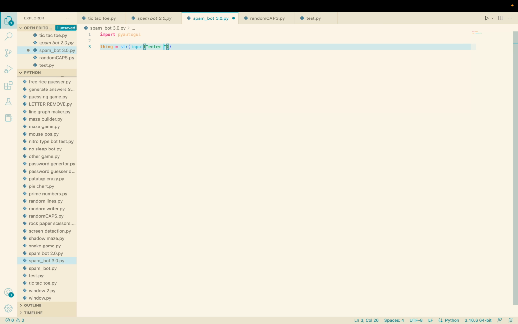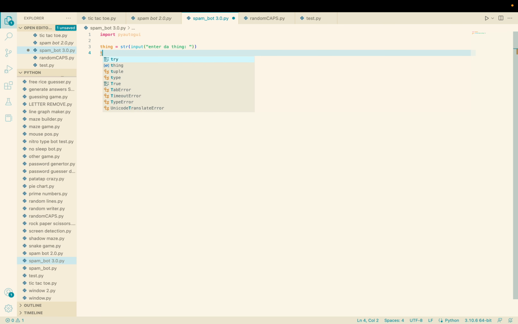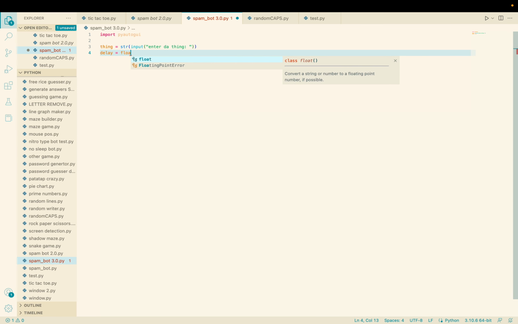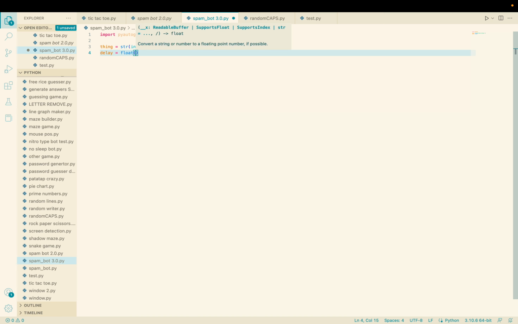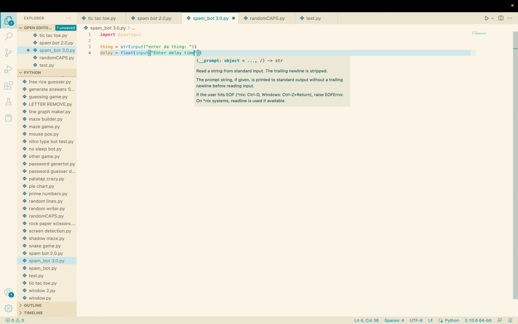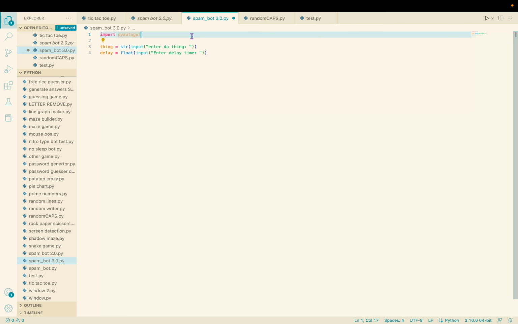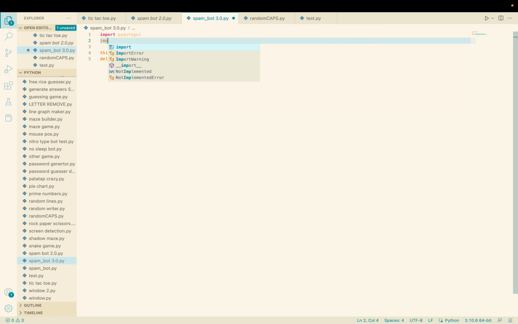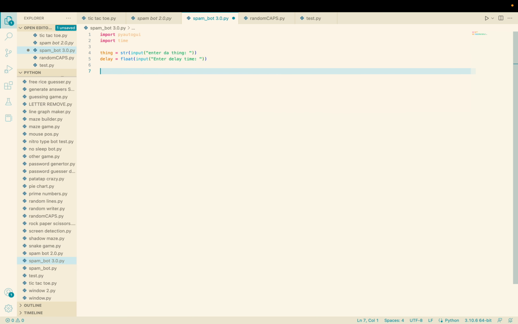Input enter the thing, and over here delay equals float input enter delay time, so that we can wait after spamming, and also import time. And over here do while true